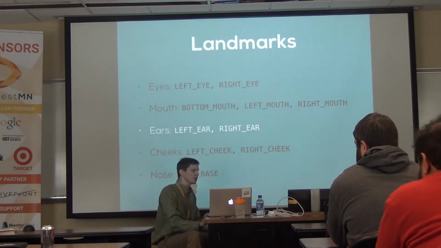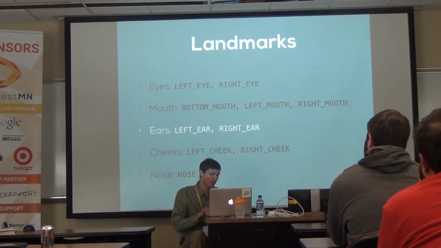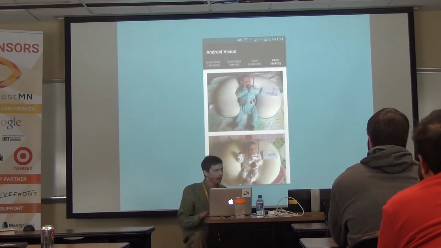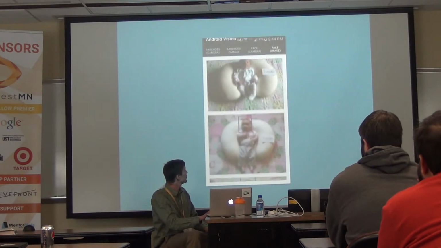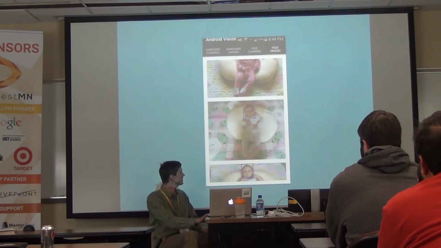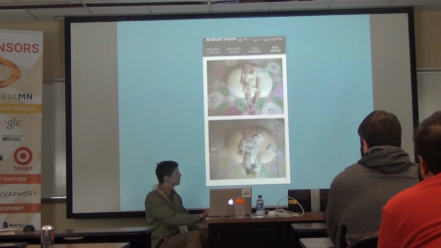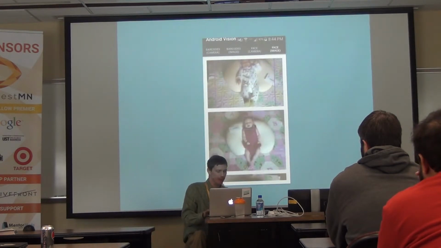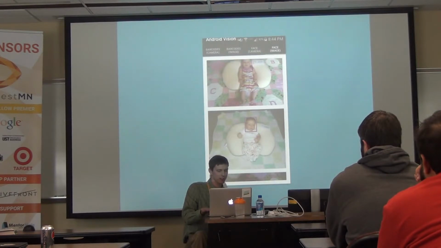The next category of landmarks is the ears, the left ear and the right ear. This is probably the most interesting landmark, just because of something that it reveals about this API. Here, you'll notice that at most only one ear is ever detected, and in most places no ears are detected. You would think at some point both ears would be detected. That's not the case though, and the reason for it is this